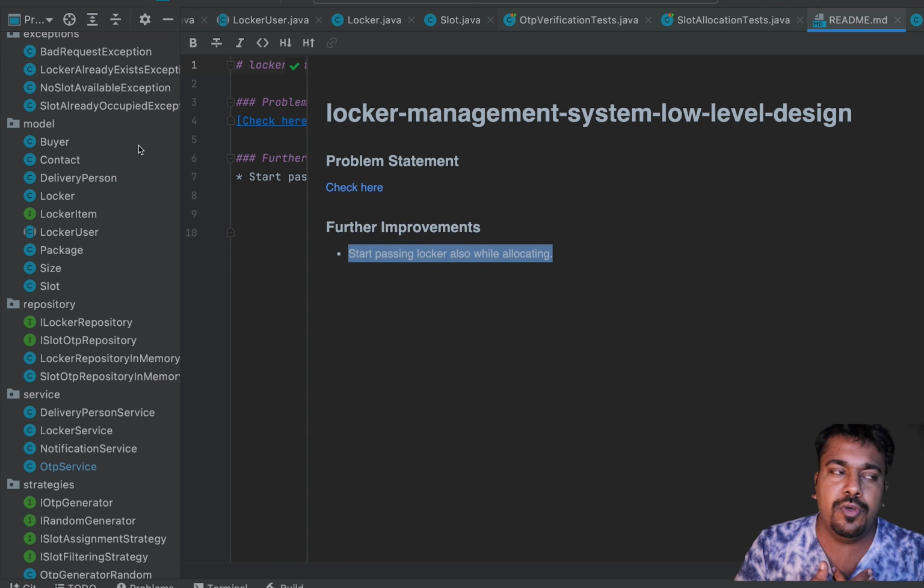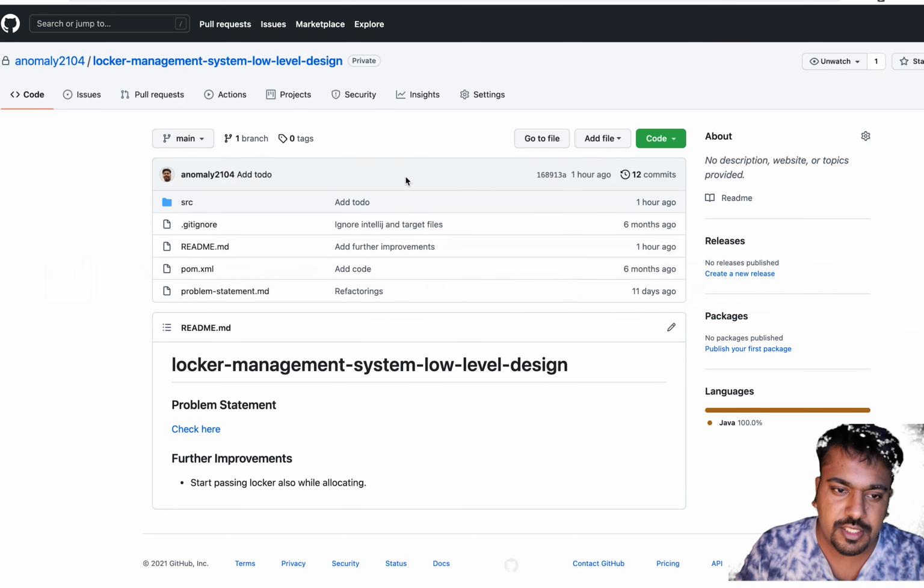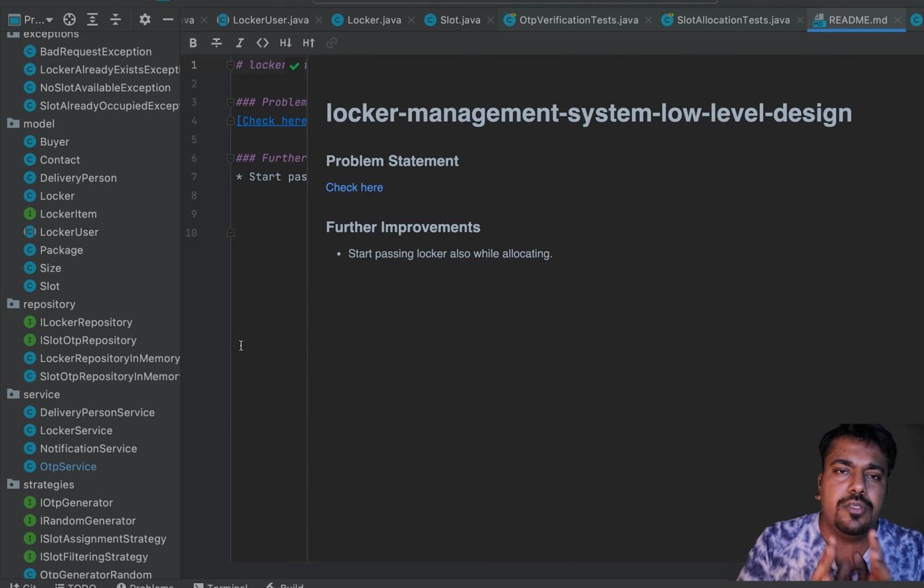And if you do that, try to open a PR on my repository. I think we all can collaborate with each other. We can all see each other's PRs, and we can suggest things like how things can be improved, what they can do better, and those kind of things. That's how all of us will learn. So yeah, just one last thing here. I've put the code on GitHub, and I'll put the link of that GitHub repo in the description. That's all about the design and the solution.